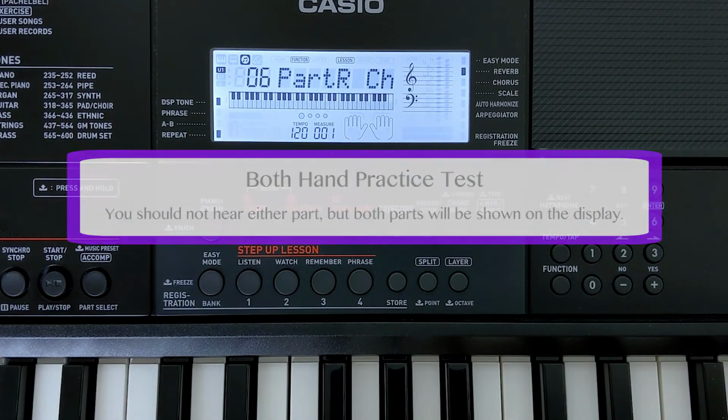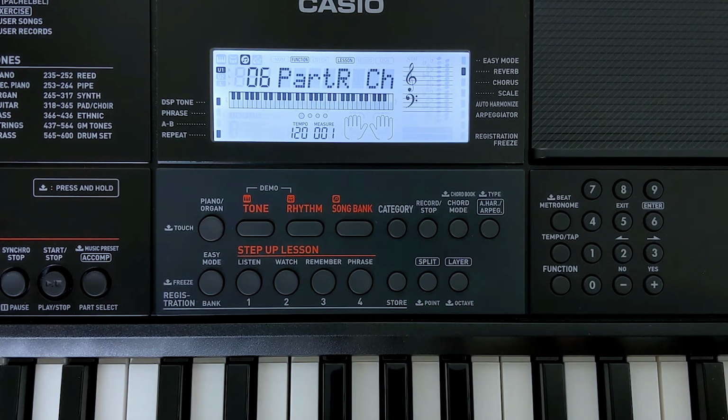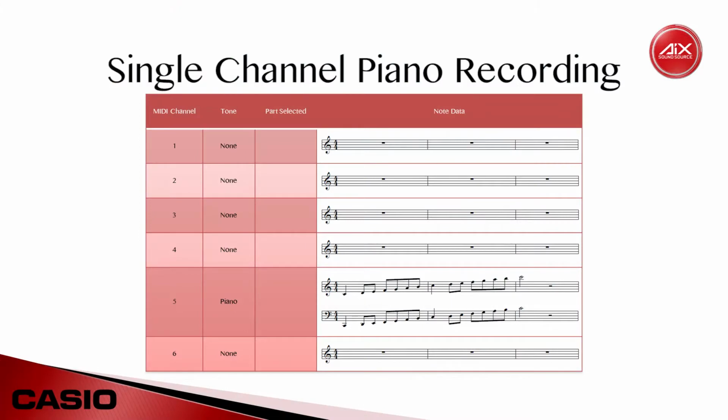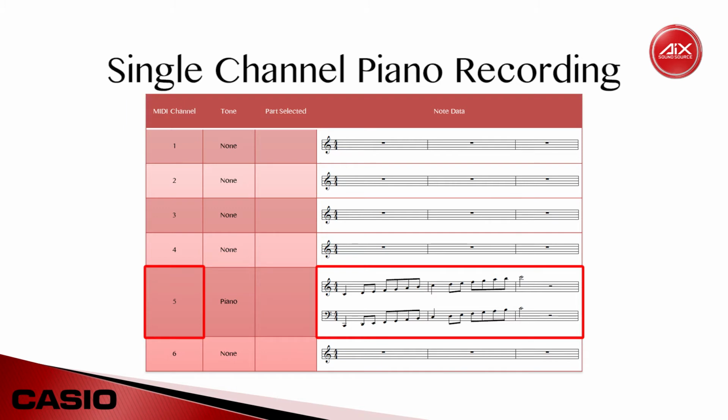Everything seems to be fixed with my file, but if you're testing yours and it seems like isolating a single hand ends up muting both of the piano parts, you might have run into another common issue with imported files. The problem here is that your source MIDI file has both hands of the piano part recorded on one single MIDI channel. For example, if my scale drill has both parts recorded on channel 5, then selecting left-hand practice mode